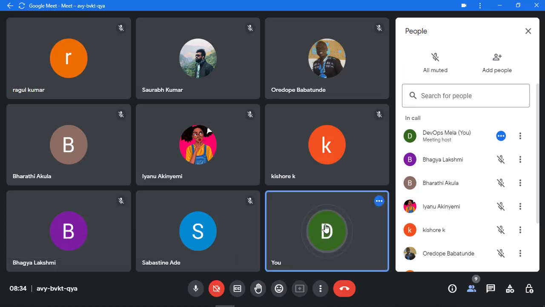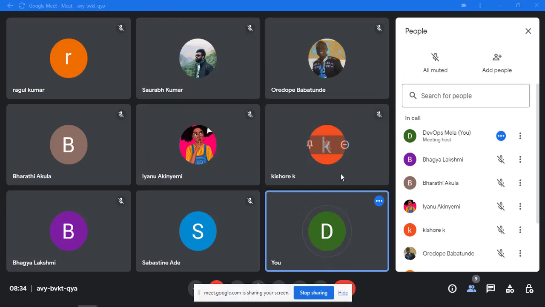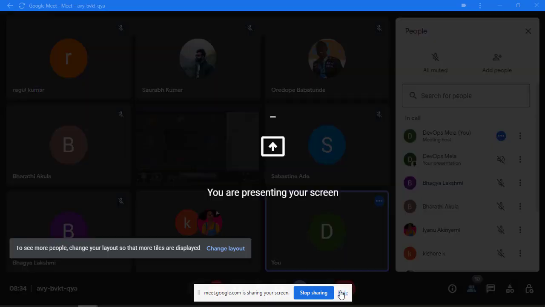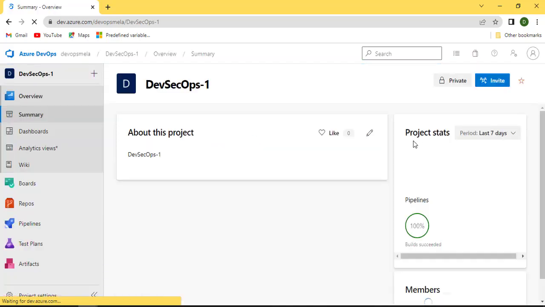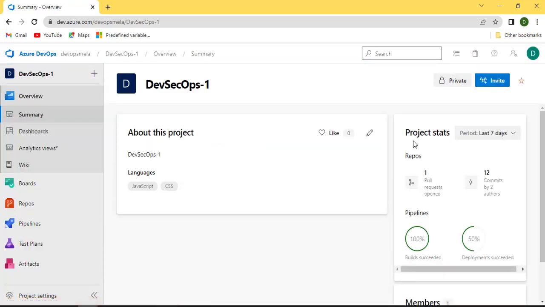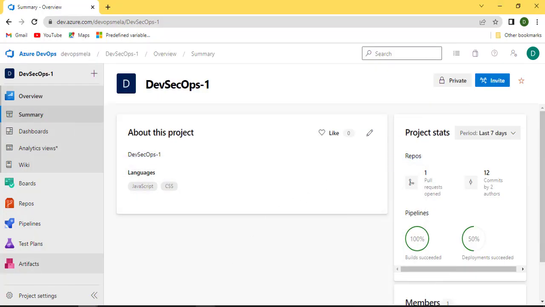Let me see what exactly we are doing today. Okay, I was supposed to start a new topic, a new project altogether, that is Java Maven, but we'll not start that today. There is one more topic which is pending, that is Azure Artifacts. This is not yet done, so let's complete this Azure Artifacts topic first before we move on to the next